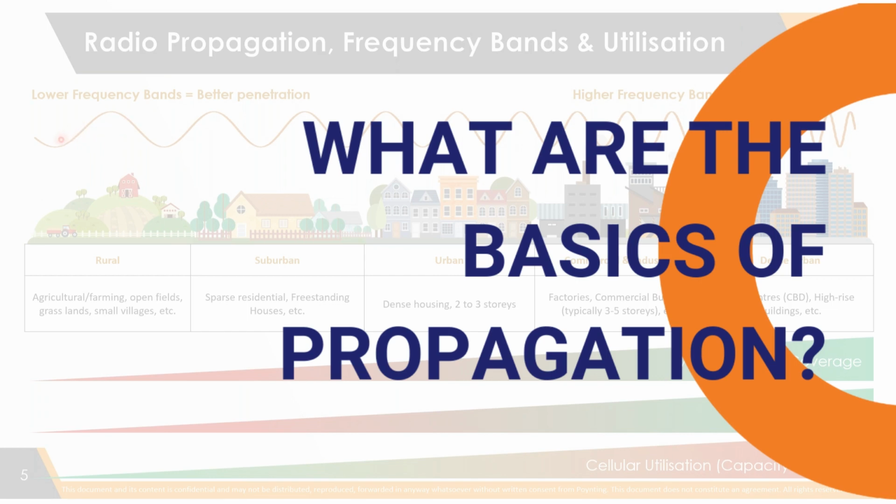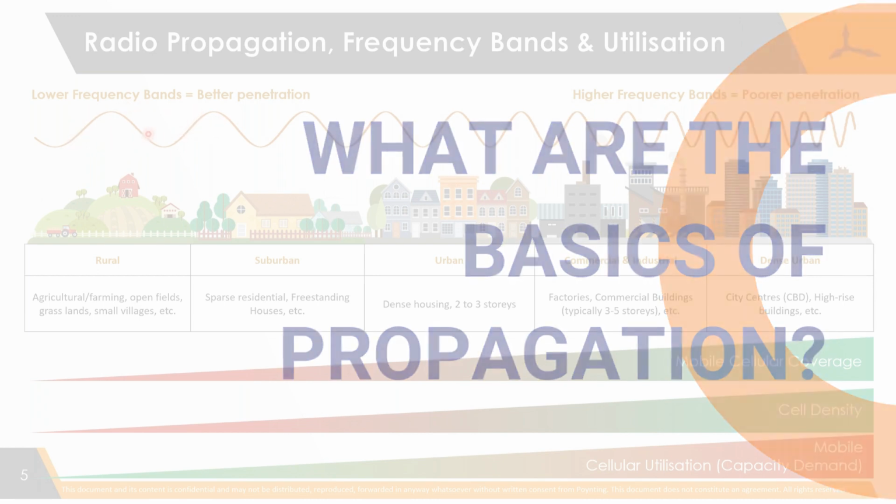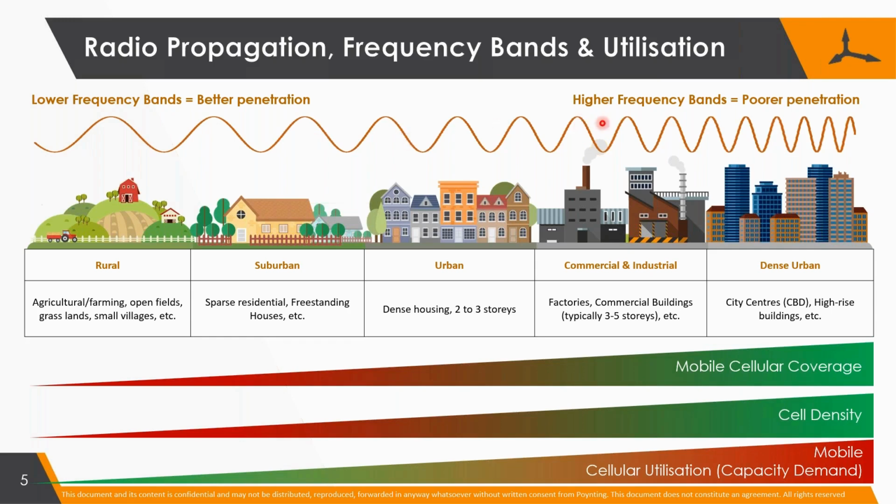If you look at this here, this is indicating a low frequency. Typically, if you talk about the cellular bands, this would be around 900, 800, 700 megahertz. You can see that the frequencies will increase on this side. Now, if you look at the sort of scenarios, we typically find that people use these low frequencies in the